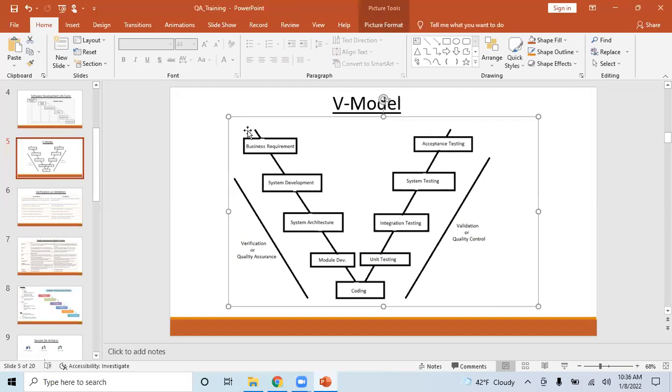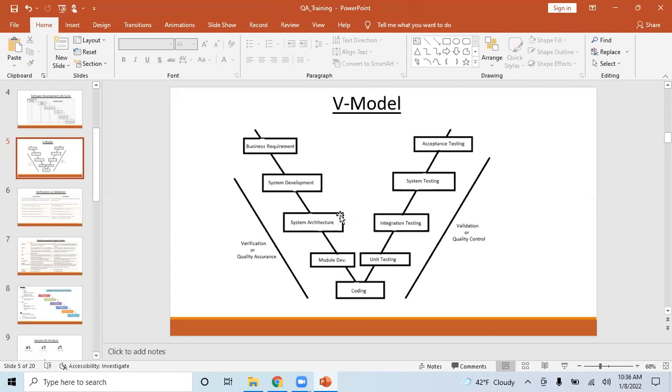Mostly verification is not done by a tester. It will be done by developers, system architects, business analysts. Maybe verifying the business requirements can be done by the tester as well. Did you get it, or did I confuse you?